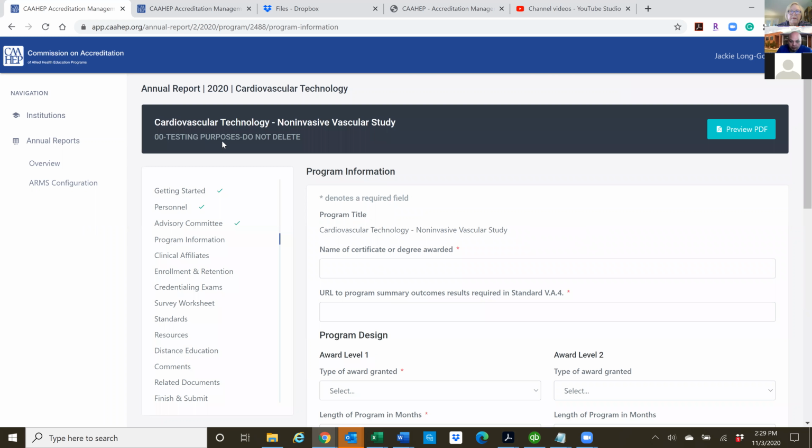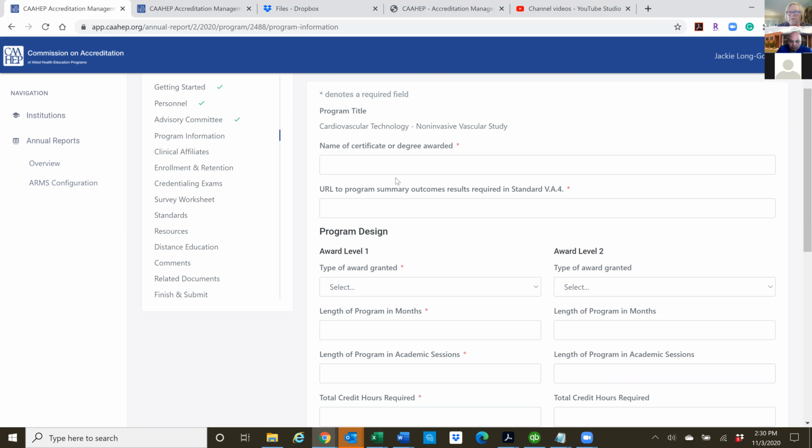And then that brings you up, and you can see what's starting to happen over here is you're getting all these little green checks. So that tells you that that page has been completed and it has been accepted by the system. So there were no obvious errors on it. So then you're going to get to your program information. And again, this will carry over after the first year. So this year, you're going to be adding some information to the system. Not everything carried over from the way the old system collected data. So this is one of the areas where you're going to need to add it.